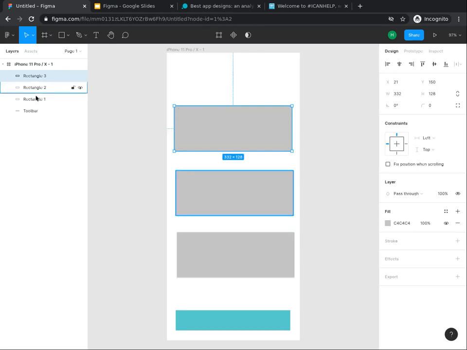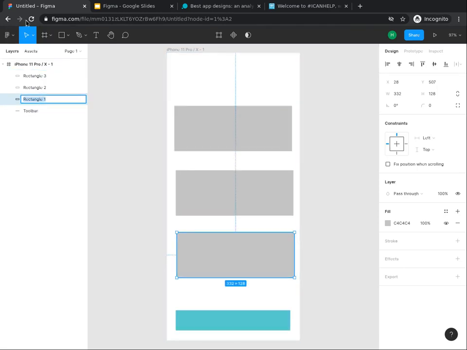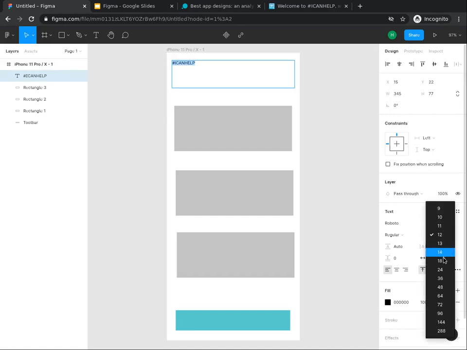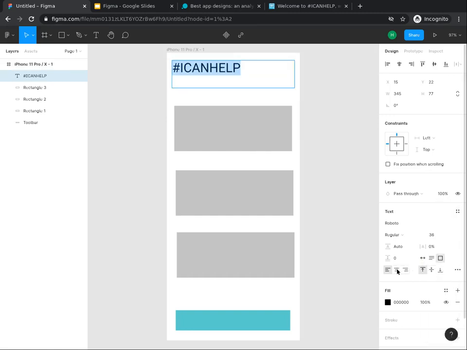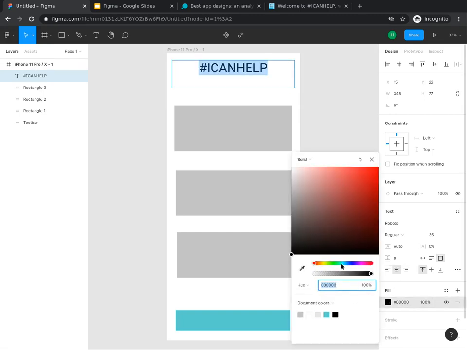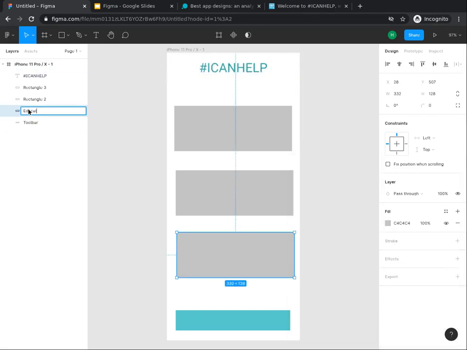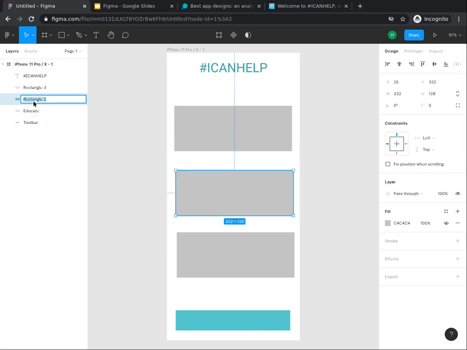Make sure you add the text that you will want on your app's homepage. Choose the text icon on the top toolbar and type in the text. If you do not type in any text, your text box will disappear. You can use the right side panel to adjust the font size and location within the text box. Do not forget to go back and label your layers that you created. Right now, this is a wireframe, and your teammates would know what each shape is for because they are all labeled.